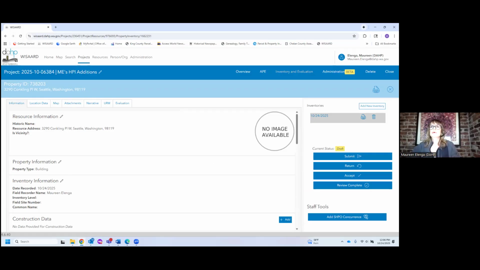Now I'm going to go through, this is the information tab. You'll notice there's a location map attached to these different tabs. So I'll go through each feature of each tab. Now, the information tab is very important because most of this information carries over to all iterations of an inventory. I'll get to that a little bit later, but